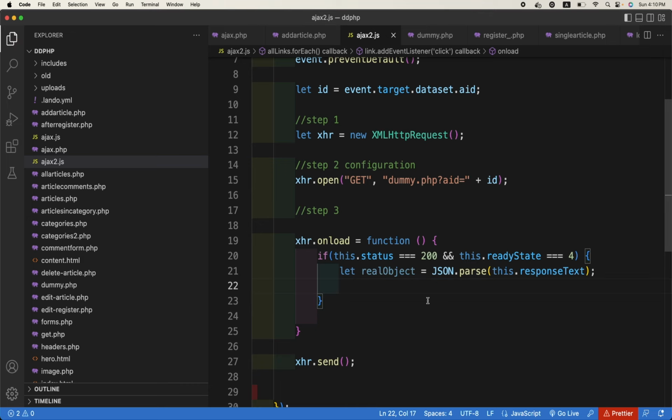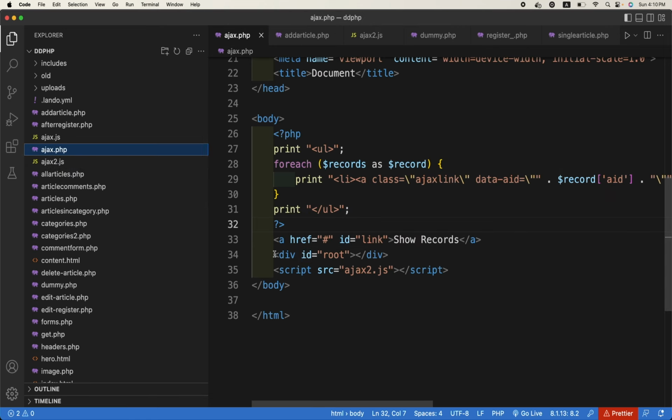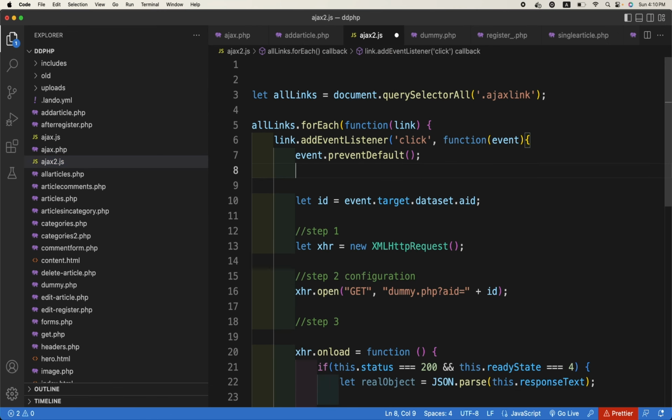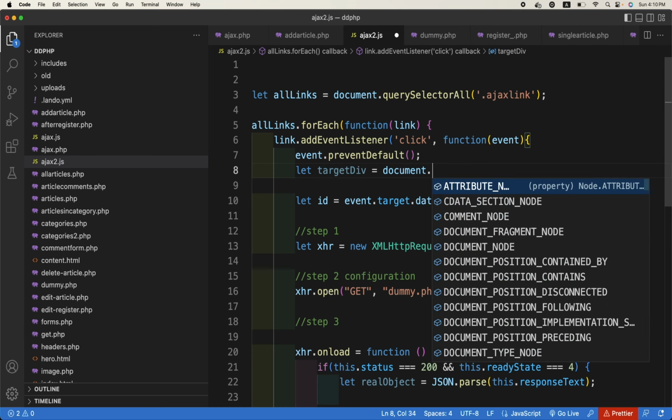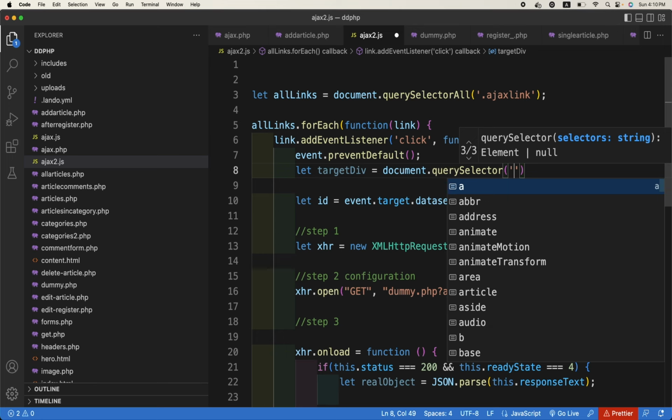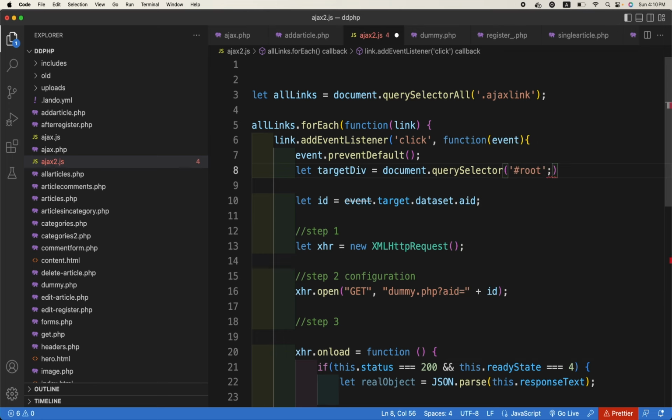Here, as I said, we are using this Ajax 2.js in the Ajax.php, and we have created a div with id equal to root. So we should target this in Ajax 2. How can we do it? At the top of the page, normally it is good. Let targetDiv equal document.querySelector, and we'll use #root like this. So targetDiv is this,